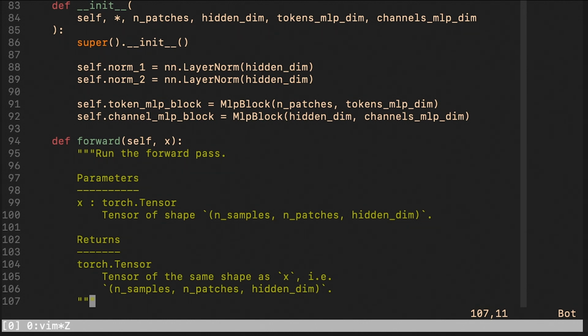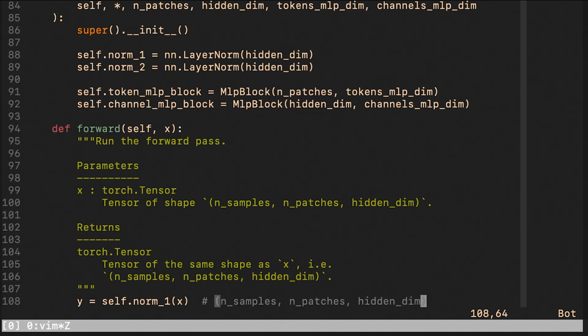By the way, if you look at this shape, then you can right away see that we would be ready for the channel mixing. However, if we just transposed or swapped the last two dimensions, we would be ready for the token mixing. Anyway, the resulting tensor has exactly the same shape as the input, which is again really convenient and is very reminiscent of self-attention.